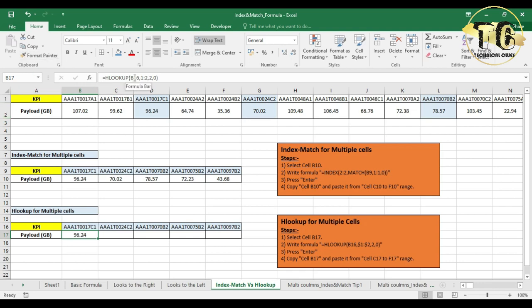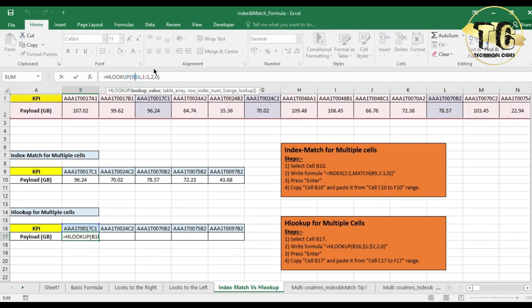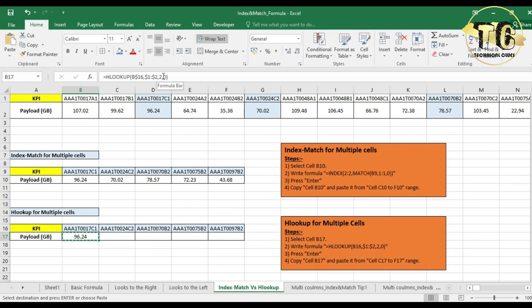We'll use dollar here, here and here also, and copy this B17 formula and paste C17 cell to